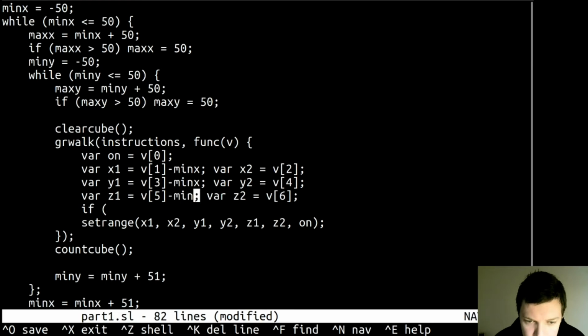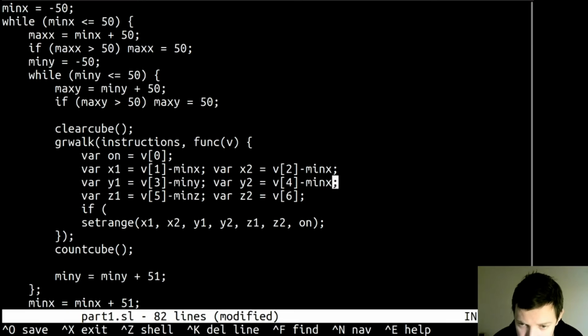No, hang on, I'm confusing myself here. These don't want to be minus min x. Or do they? Well, they need to be in the range 0 to